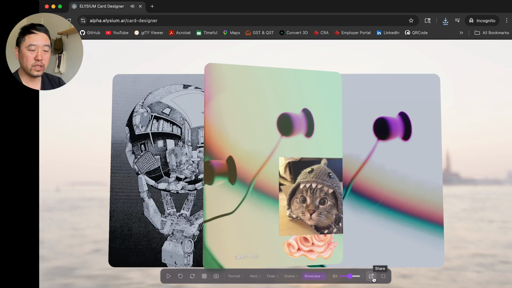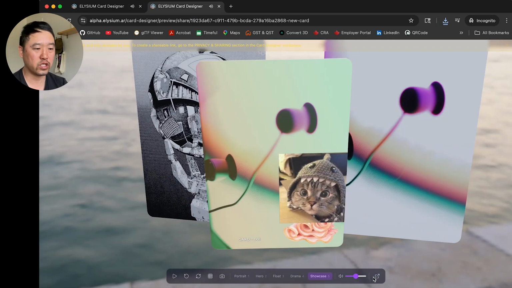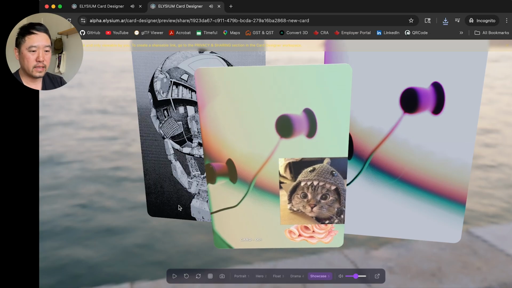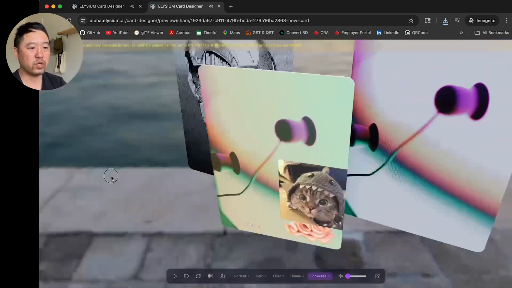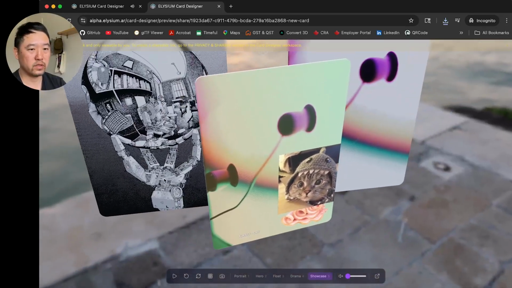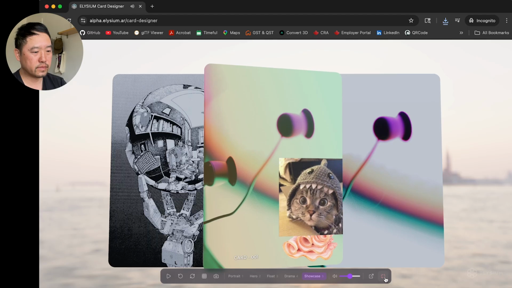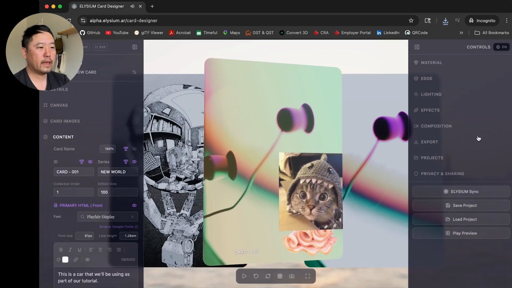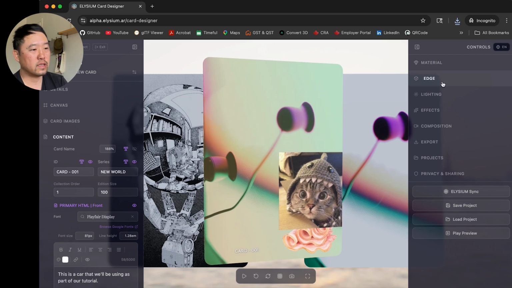The other way to do this is create a share, and this is a share preview. So this isn't actually a share link, but this is a way for you to see what the experience is like when you do share it with somebody, right? So there's a little message on top that explains that. So we can close that. Go back to this.